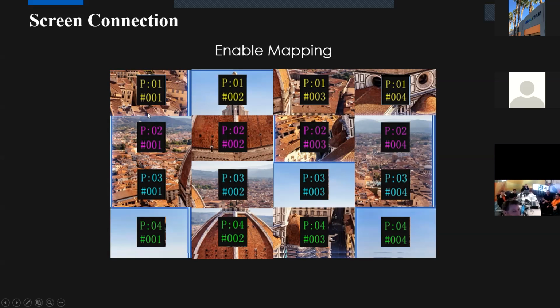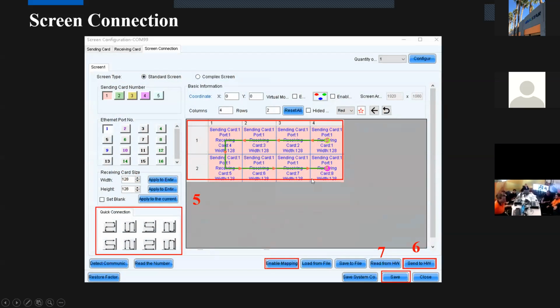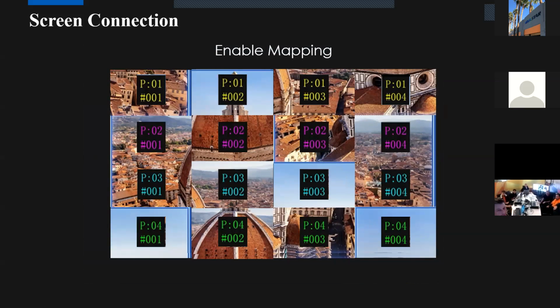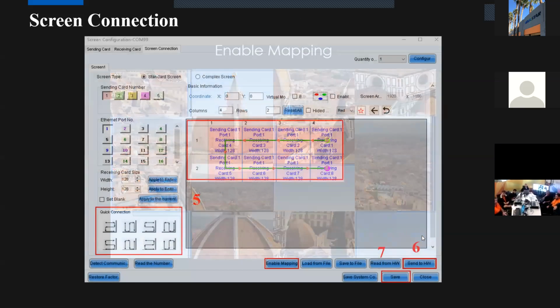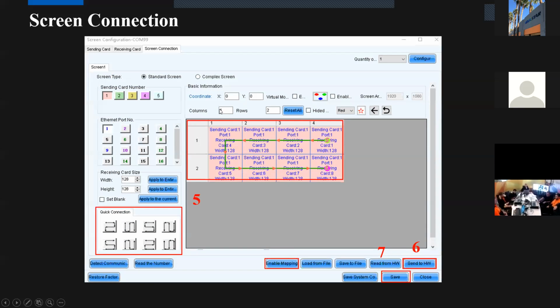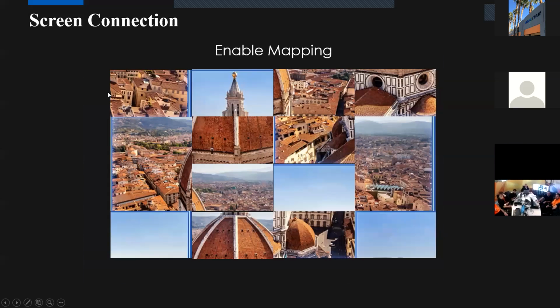Yes, port number 1, port number 2, port number 3, port number 4. And we can just use this to make the screen configuration. Let's say they have 1, 2, 3, 4 columns and 1, 2, 3, 4 rows. So in this tab, we can give columns 4, we can give rows 4, and also the sending card, let's say